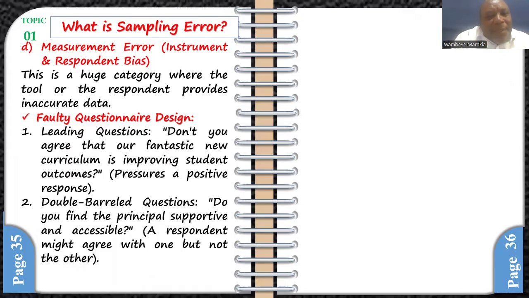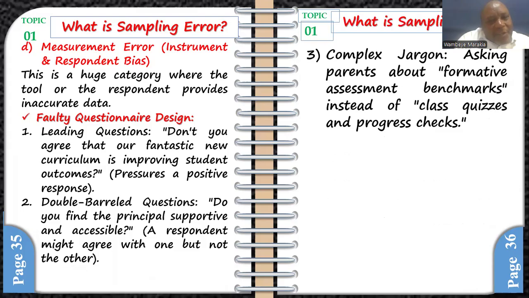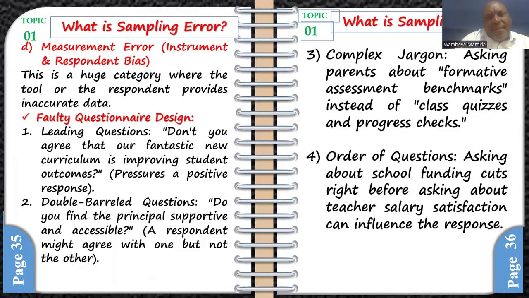Do you find the principal supportive and accessible? A respondent might agree with one, but not the other. So that is a double-barreled question. Also, we have complex jargon in the questionnaire, asking parents about formative assessment benchmarks instead of class quizzes and progressive checks. Also, the order of the questions on the questionnaire, asking about school funding cuts right before asking about teacher salary satisfaction